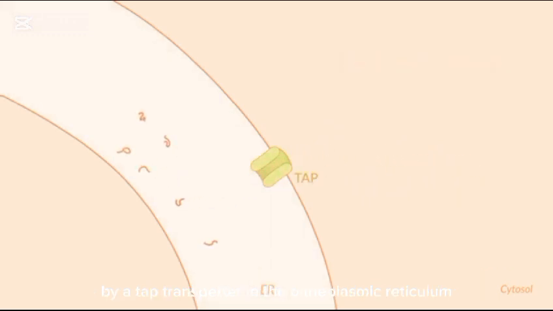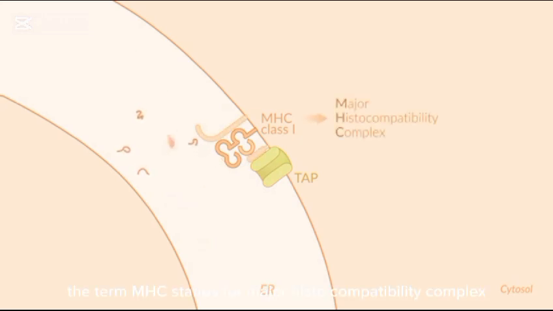In the endoplasmic reticulum, Tap interacts with the MHC class I molecule, which is linked to several helper proteins. The term MHC stands for Major Histocompatibility Complex and refers to the molecule's importance in determining compatibility in organ transplantation. When the MHC class I molecule permanently binds to one of the peptide fragments, the Tap transporter and helper proteins